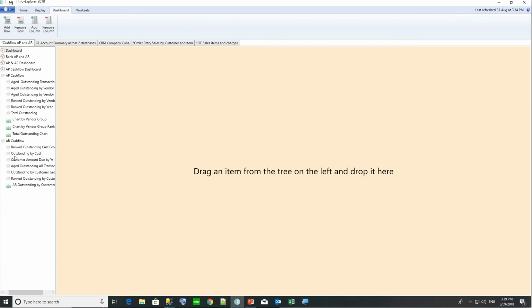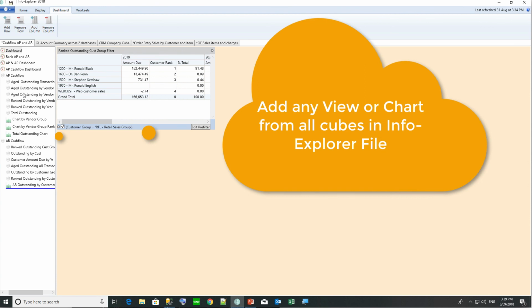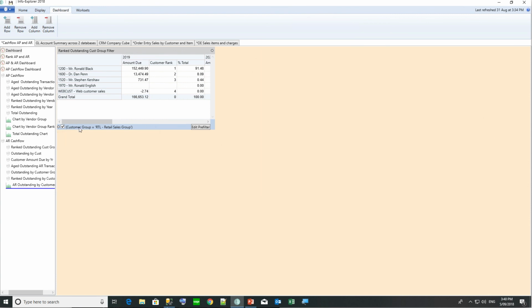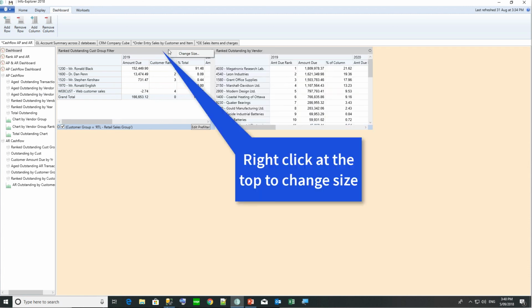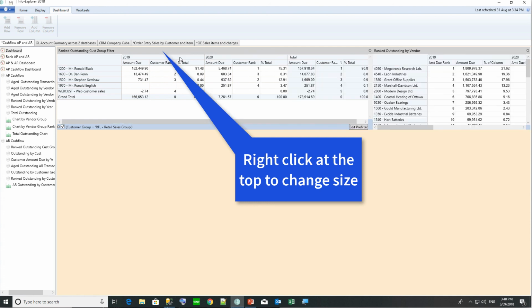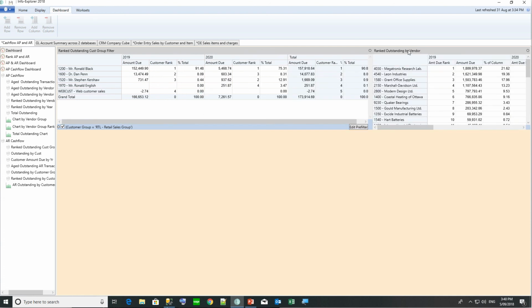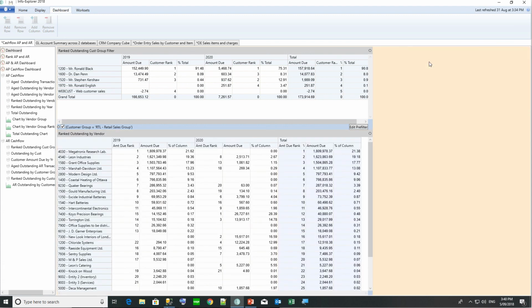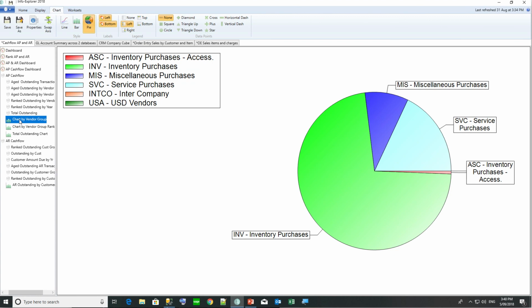Create a new one here, and I can add anything from here. I'm going to add, you notice that this view had a pre-filter. The pre-filter has come on the dashboard, and maybe my ranked outstanding by vendor. I can change the size, and maybe I want the customer one to be over 2 rows, and I want my vendor to be 2 rows and 2 columns. And I can also add,